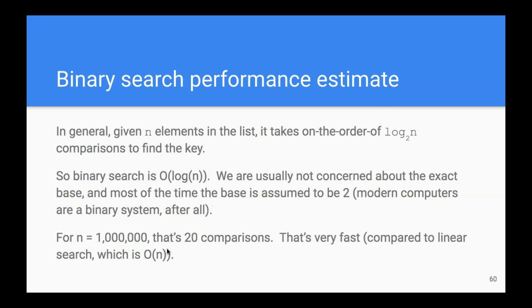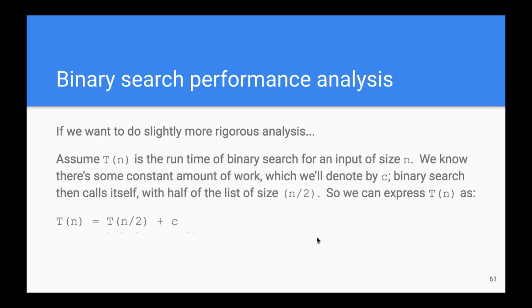So if we look at some really big numbers, such as 1 million, that's roughly just 20 recursive calls or comparisons. So that is a very fast search algorithm, especially when you compare it to linear search, which is just linear. So it's O of n. That's very, very slow. Okay, so that's just looking at how binary search works and coming up with an estimate